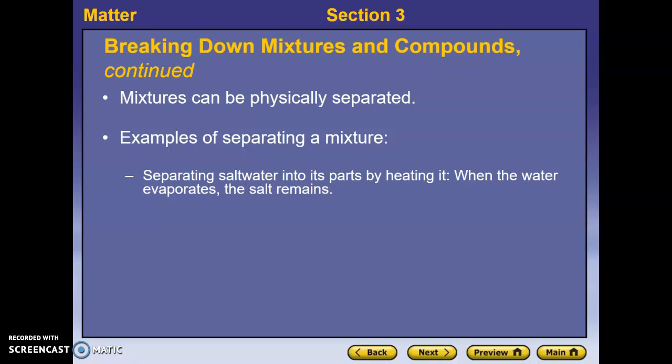I don't know if you're like me, but if I have a bag of gummy worms, and we've got red ones and orange ones and yellow ones and all of these different colors, my favorite are actually the clear ones. And so I can separate out the ones that I like the best based on their appearance, based on the fact that there are clear ones in the combination of all of these different colors in the mixture. So we can use any of the physical properties to help us to work out how we might be able